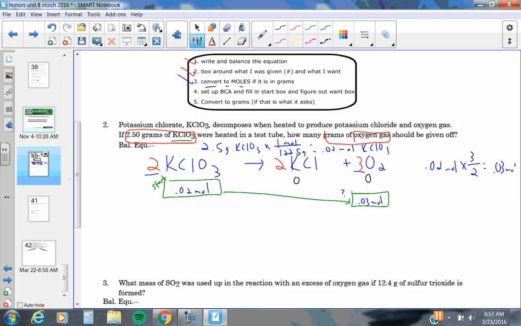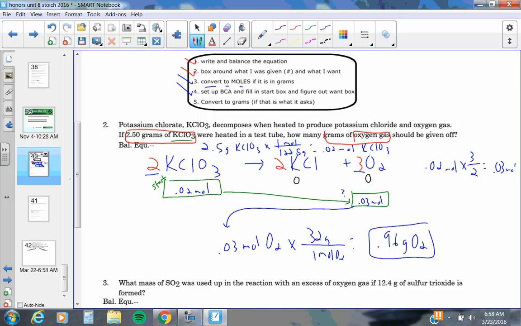Convert to moles, I did that. Set up a BCA table, I just filled in the important stuff. Now it's 0.03 moles, I have to convert to grams. 0.03 moles of oxygen. How do I do that? Moles goes on bottom. This time what goes on top is a mole of oxygen, and it's got to be O2. O is 16, so O2 is 32 grams, equals 0.96 grams of oxygen. That's a gram to gram